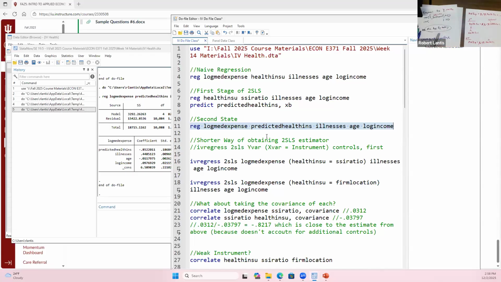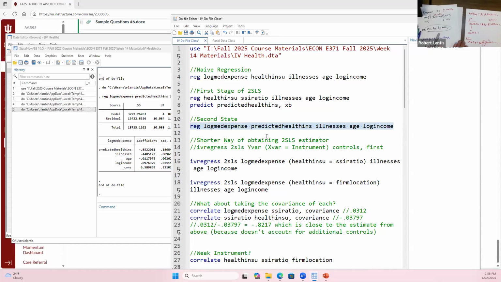So what that first stage did was remove any of those omitted variables that were influencing health and the decision to get health insurance that we didn't have data on. And then we'll have all of our additional controls as well. Now, once we get to that second stage,